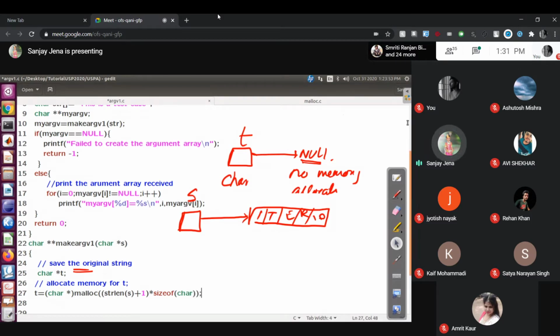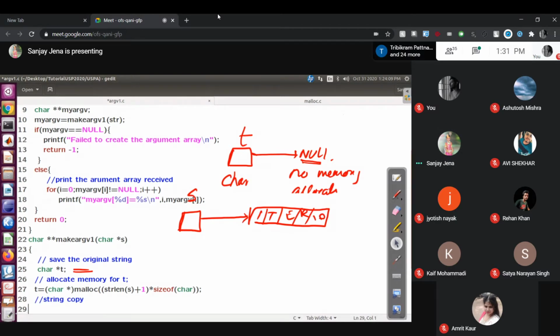Line number 27, carefully observe. Done. Now copy. strcpy the string: strcpy, destination t, comma, source s.